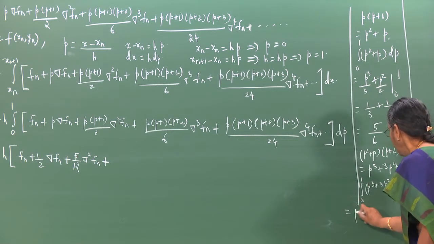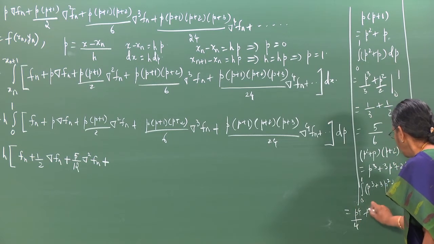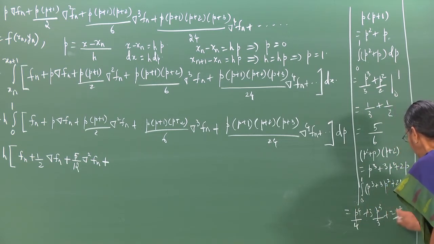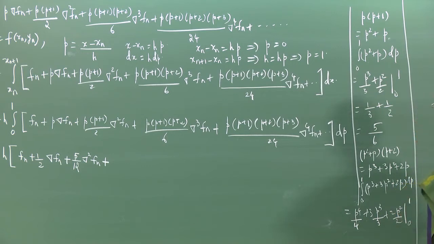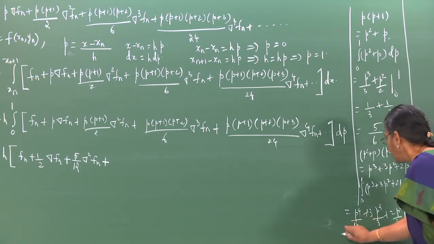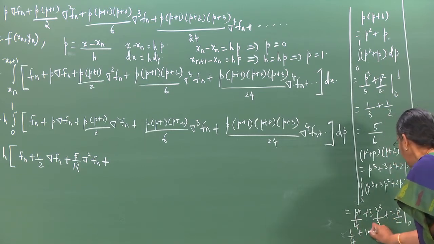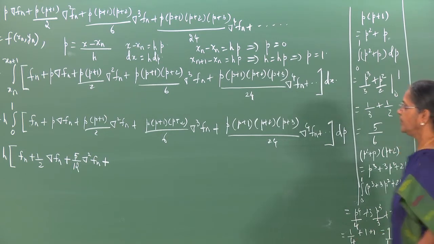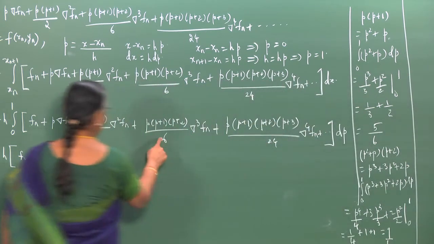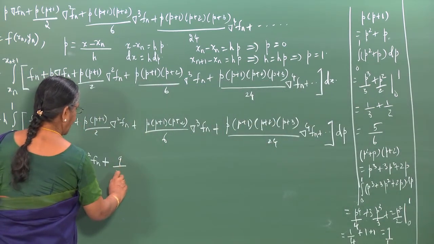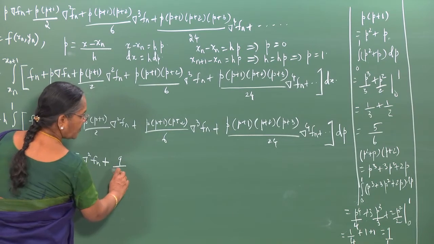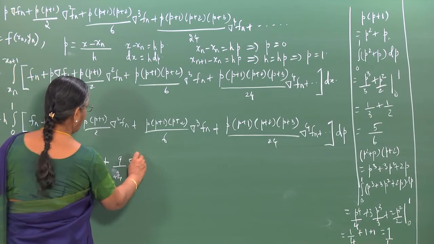So, that will give you p power 4 by 4 plus 3 p cube by 3 plus 2 p square by 2 between 0 and 1. So, this gives you 1 by 4 plus 1 plus 1. So, we have 9 by 4. So, I have already 6 here. So, 9 by 24 into del cubed Fn,